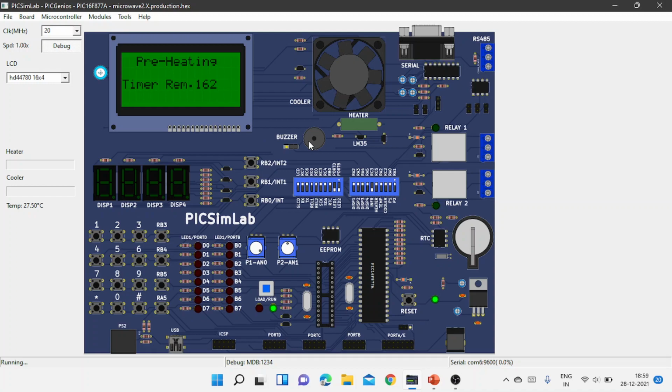Let us wait. And this is the fan. And these are the microchips. These are relays. When the time is up, then the buzzer will activate.